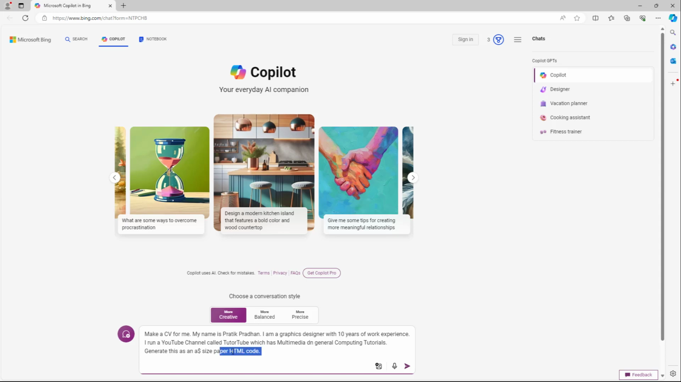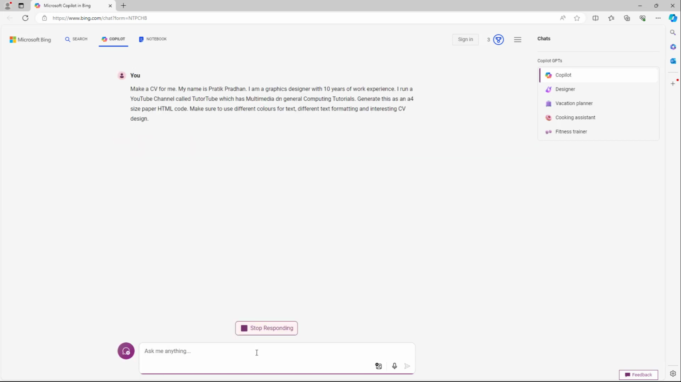So I just said generate it as A4 size HTML code. Make sure to use different colors for text, different text formatting, and an interesting CV design. So I said that I want an HTML code, and I'm going to press OK. Once I do that, it'll start generating a CV for me, but will utilize HTML